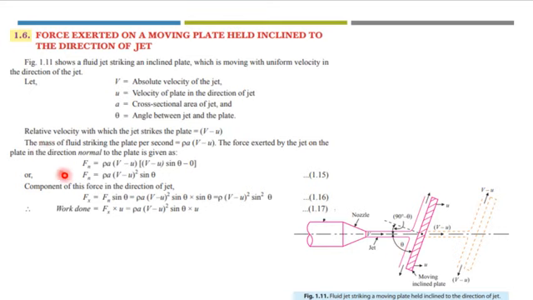So again we will use the impulse momentum equation to find out the normal force, which is the force exerted by a jet on the plate in the direction normal to the plate, denoted by Fn. So Fn will be equal to mass per second into change in velocity. So mass per second is rho a into (v minus u). As I have explained, we are dealing with moving plates, so (v minus u) will be used instead of v. Then the initial velocity in the x direction is (v minus u) sine theta, and the final velocity is 0.